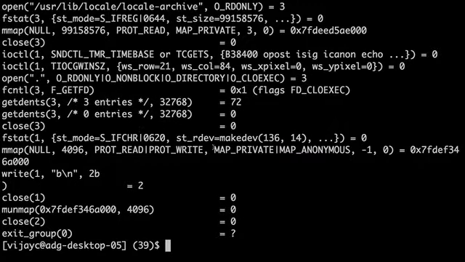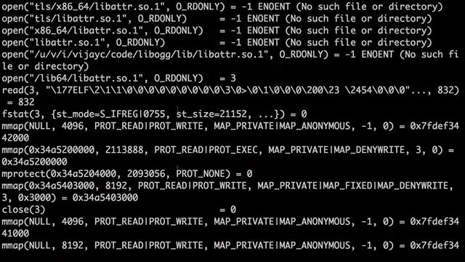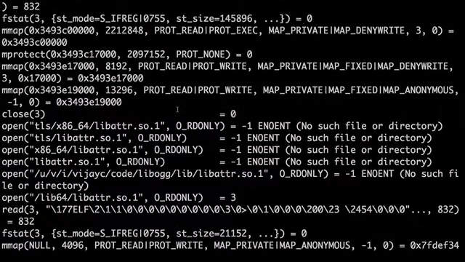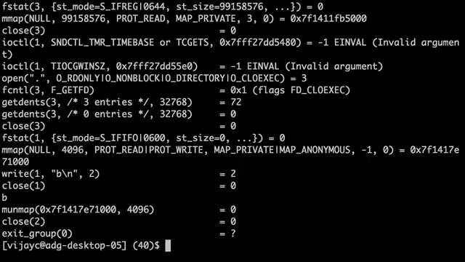What it's showing you is all the system calls that are done by executing this simple program. We can actually see everything that's going on. There's a lot of stuff that goes on just for ls. Let's go through this a little more slowly.